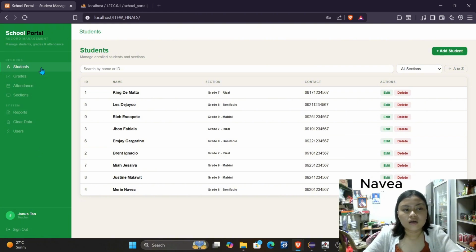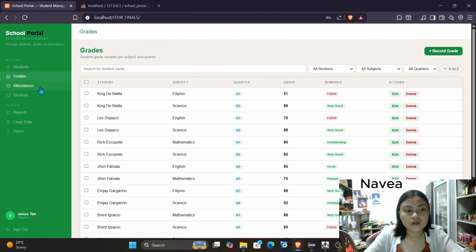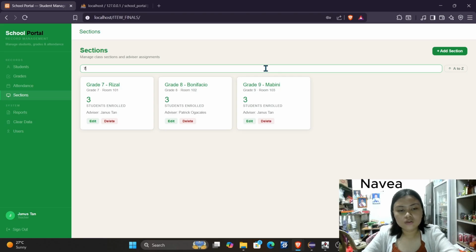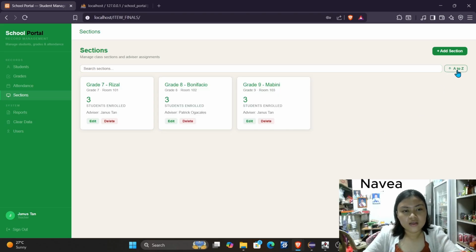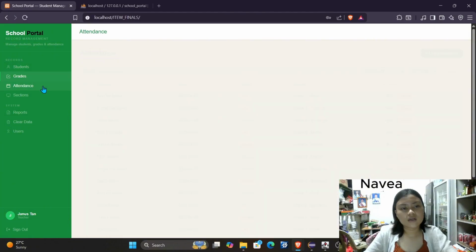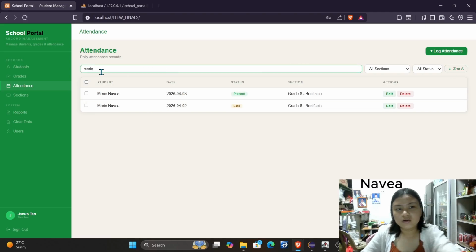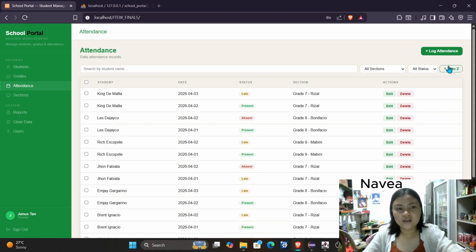Under records, we have the page for students, grades, attendance, and sections. There's also a way for us to search and filter based on the grade level. While for the students' grades and attendance, we are able to search based on name and filter based on ascending and descending order.